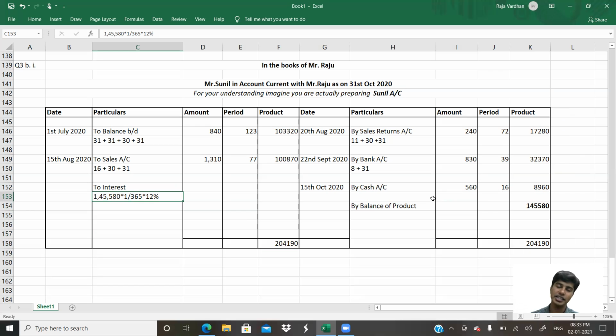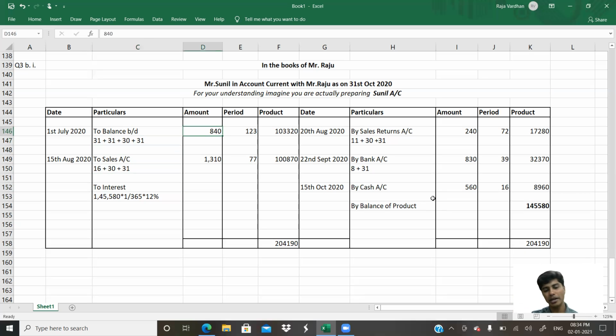It is very easy, guys. Now, how do we find interest? P into T into R. Principal into time into rate of interest. Principal is this amounts 840, 1,310, 240, 830, 560. You should multiply this by rate. Rate is 12%. Simple. Now, considering the interest amount, in order to identify the interest, I would have to do